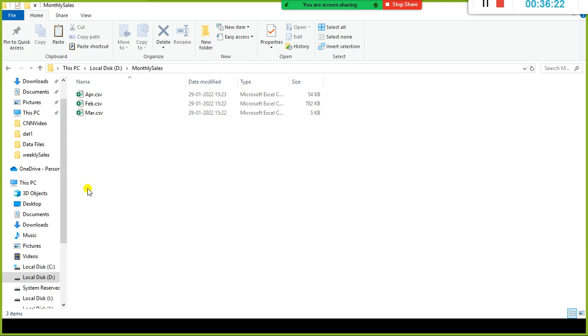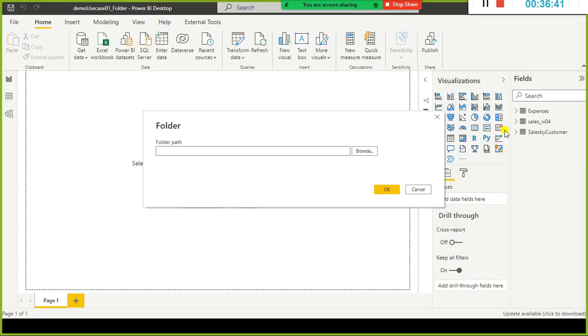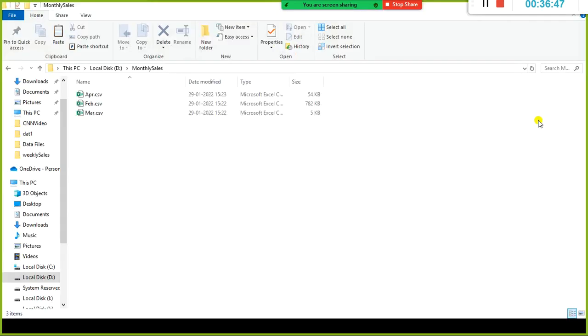At one point in time, they are asking you to combine the last 15 days' daily sales, and then you show me the report. For that purpose, you don't have to import each and every file. Look here, in this case, I have imported 3 different files at 3 different times. It took longer also, right?